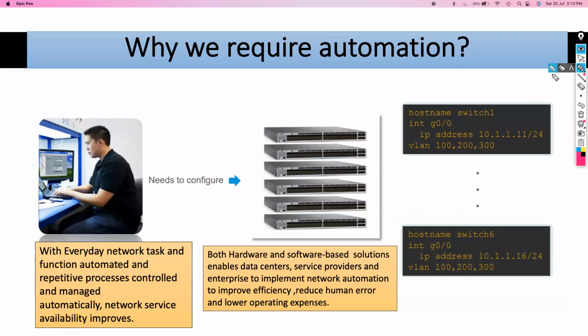Now the second part. We studied what network automation is. Now let's see why it is required in our network journey. For the last few years, we all have been using CLIs. Now we are moving to Meraki, SD-WAN and all that stuff. But in future, guys, we have to use Python to integrate our network equipment. We have to use automation, because in future no one will log into a device and configure any changes. So for that matter, how we can integrate this Python on